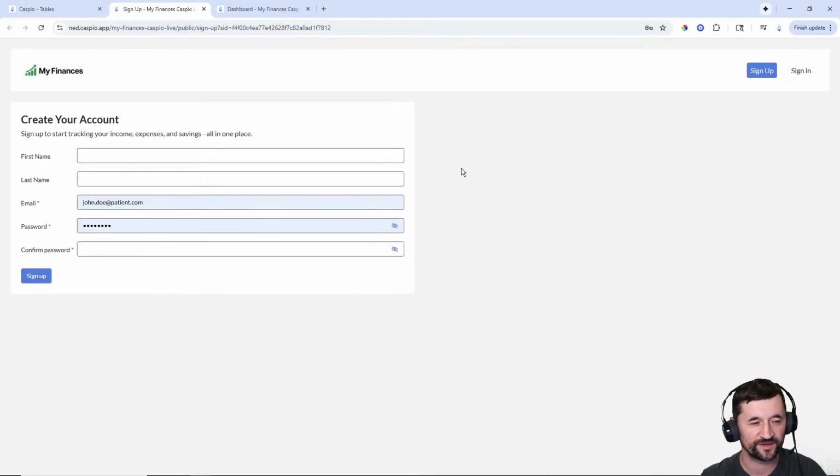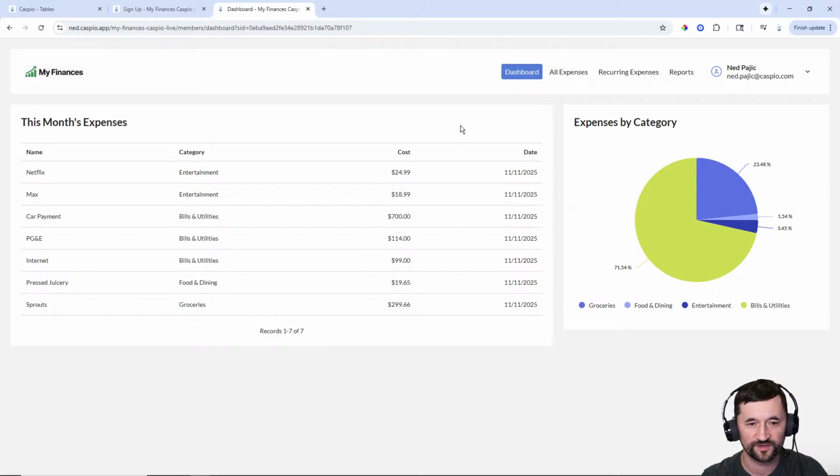Let me flip my tab here. Anyone is going to be able to sign up using a very simple registration form. Then upon signing up, you're going to be able to sign in and see various KPIs and metrics on all of your personal finances. Obviously, there are many applications, especially for your iPhone, that you can download today from the App Store. But this is web-based. I just wanted to showcase Caspio's Flex framework and how you can develop something like that,